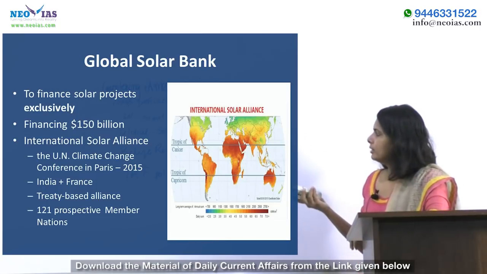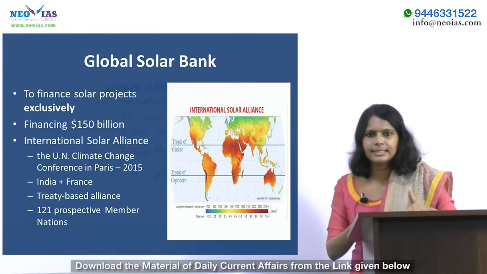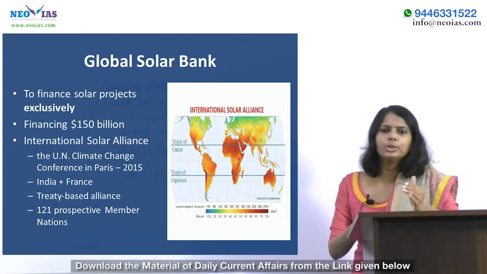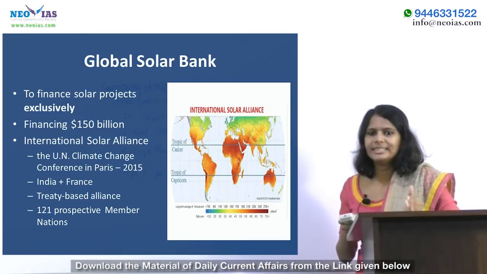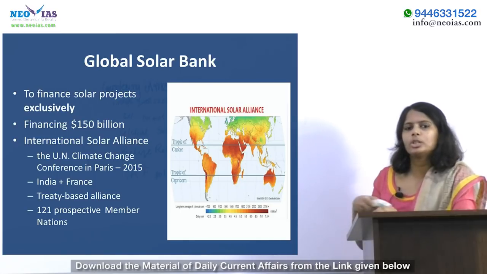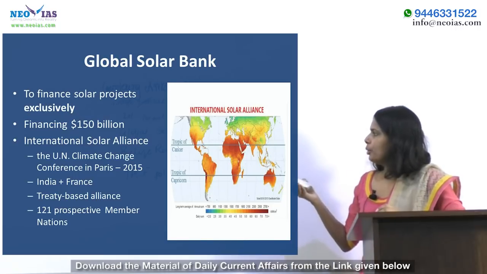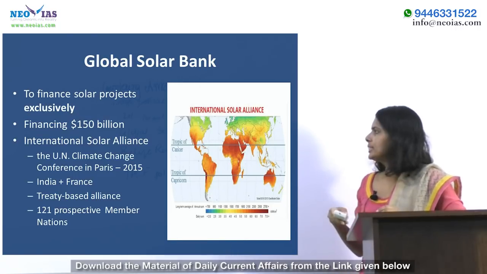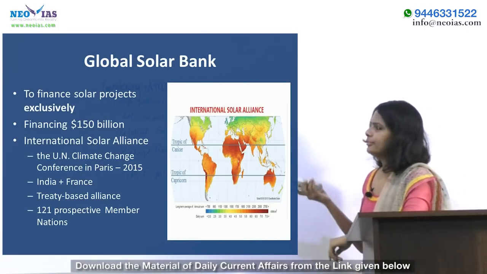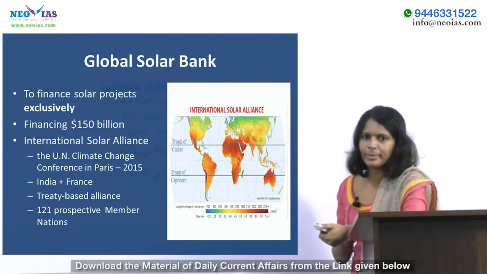Some of the objectives of this International Solar Alliance are that it aims to mobilize more than $1 trillion into solar energy by the year 2030. It will also undertake joint efforts required to reduce the cost of finance and the cost of technology, and also to pave the way for future technologies adapted to the needs of these 121 countries. Currently, 65 nations have signed the International Solar Alliance Framework Agreement.